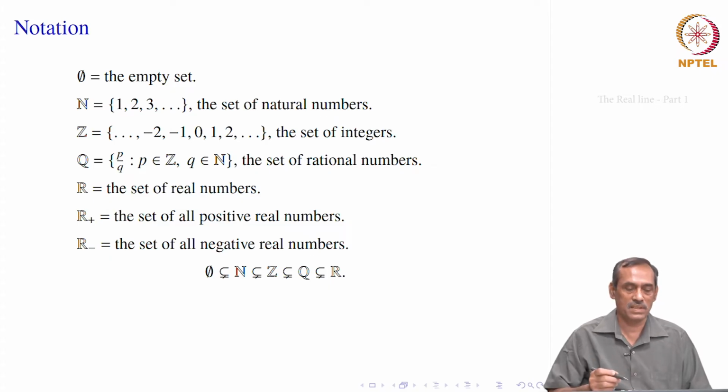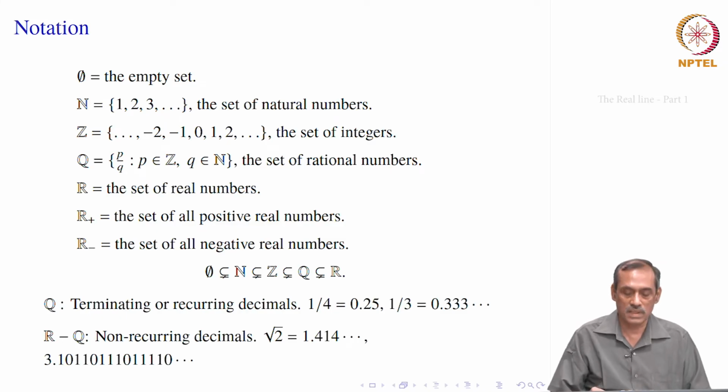And now you can see it is in the increasing order, in the sense that the empty set is a subset of every set. So, the empty set is a subset of N, and N is a subset of Z. The set of natural numbers is a subset of the set of integers, which is a subset of the set of rational numbers, which is a subset of R, the set of real numbers. But it is not only the subset, the sign here says it is a subset and it is not equal to the next one. So, that means it is a proper subset. So, all that we see here is the empty set is a proper subset of N, which is a proper subset of Z, which is a proper subset of Q, and that is a proper subset of R.